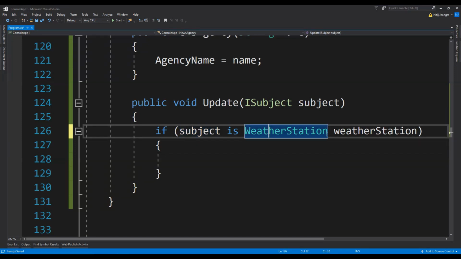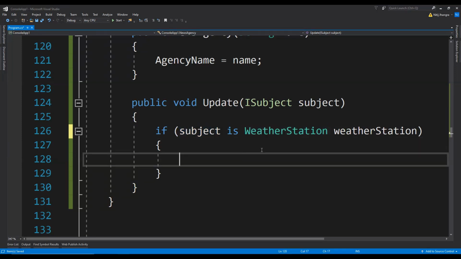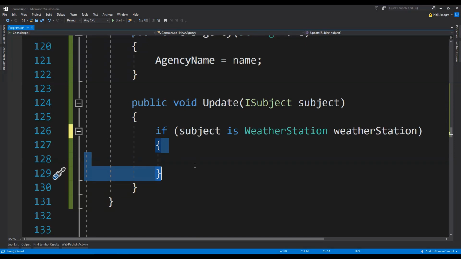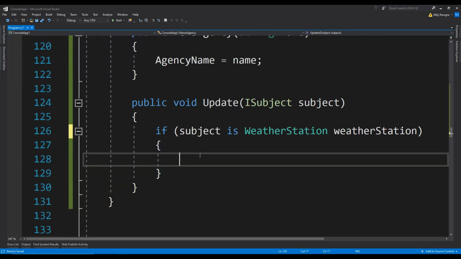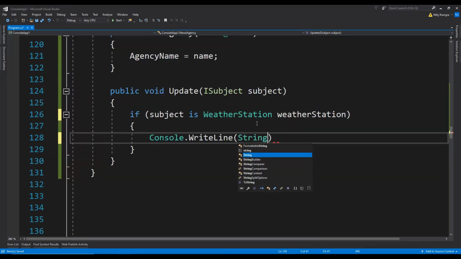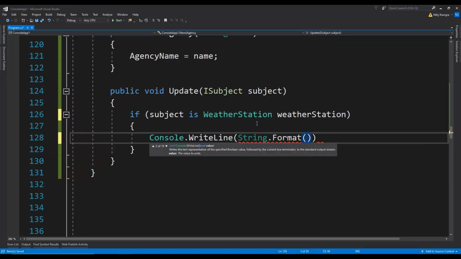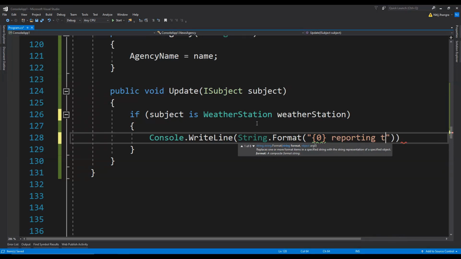If the subject is a weather station type of object, then this code block will execute. If this condition is true, then we are simply going to write on the console using string.format. We need to provide the name and the temperature, so we will write it in this format: news agency is reporting